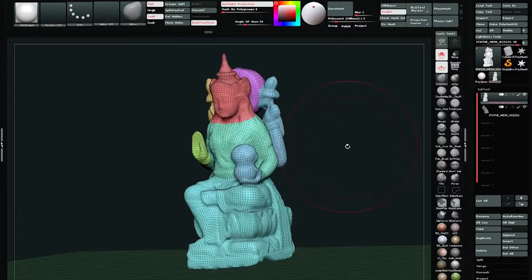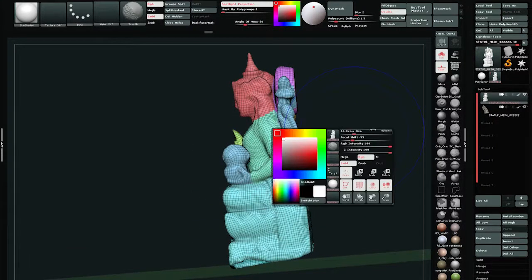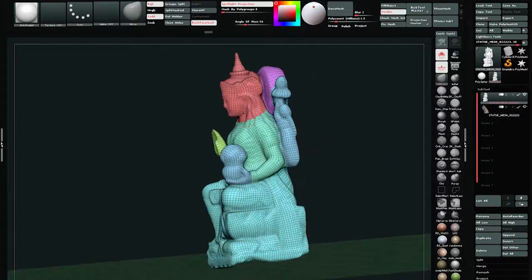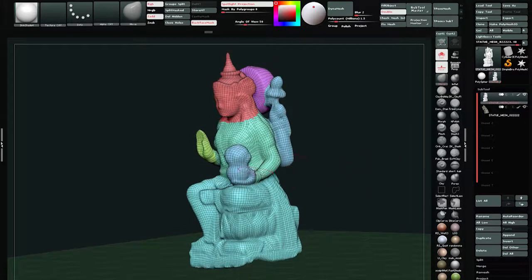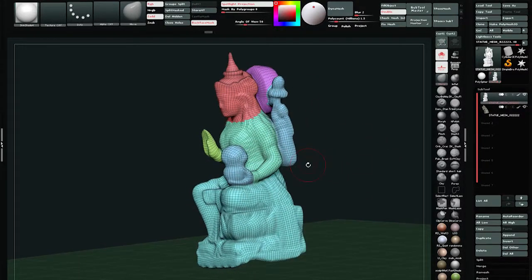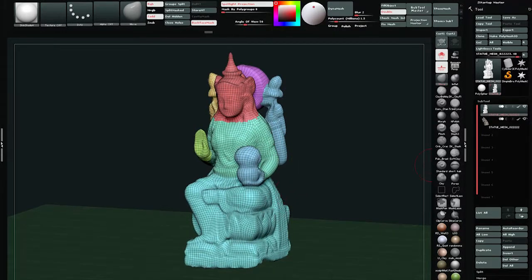So if I hit Shift F, we can see the quick and dirty little polygroups that I gave it. The reason I did that was that each polygroup will create a UV island in UV Master. So just try to break up the scan very quickly as to what would make a decent UV shell. And if we go up to